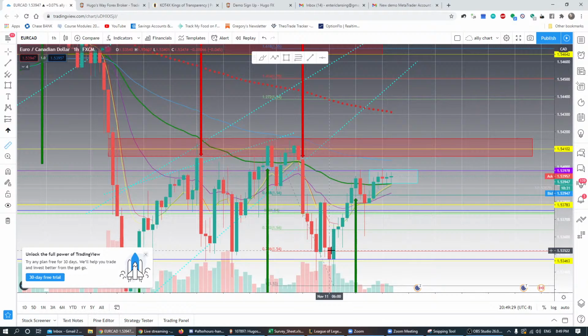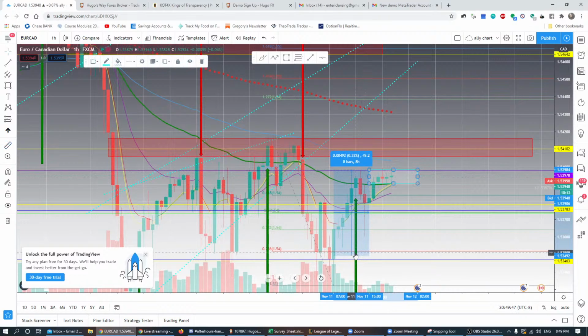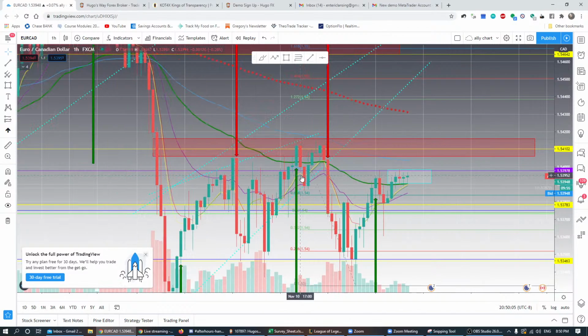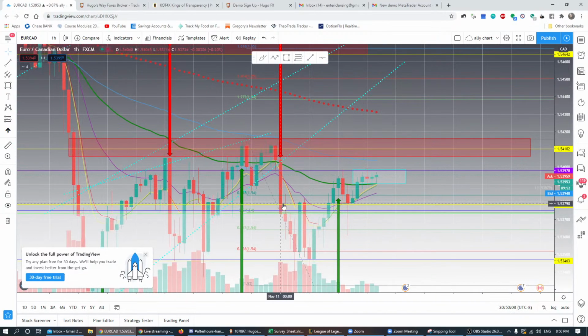I did a 0.02 lot, and usually my lot size is pretty much 0.10. I mean, today this would have been like 50 pips, so that's $50. Instead, I'm stuck with a little tiny lot because I chickened out because last night I got in too early on EURCAD. I think I got in like right here at resistance. So yeah, and then I got stopped out right here. So